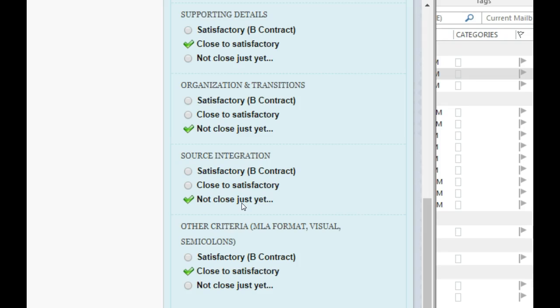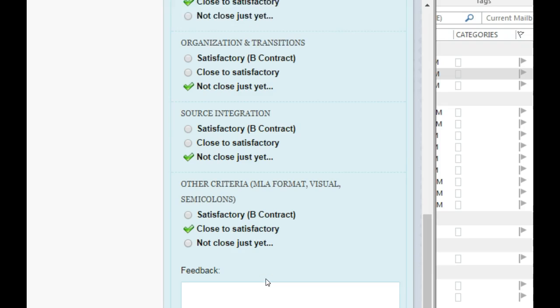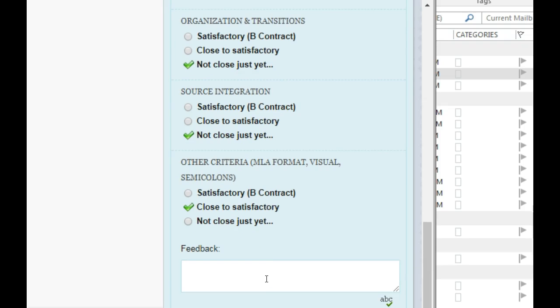Source integration needs a bit of work, and you've got visuals in there. I like to see you nodding to the visuals and then explaining, discussing specifics in the visual, but that's not there just yet. That's a smaller issue. Okay, so there's a fair bit of work to do. Happy to help you out. Let me meet with you on Monday or Tuesday. Maybe come prepared with some questions and be able to ask me about my feedback and talk about ideas you